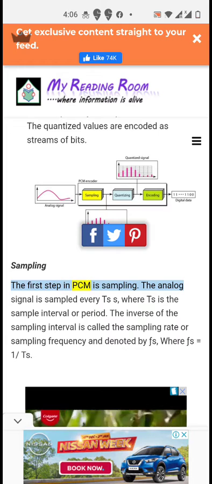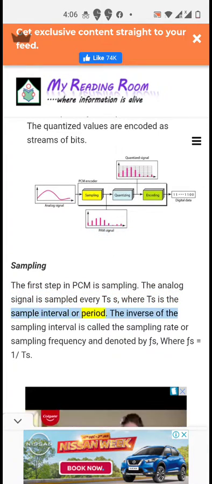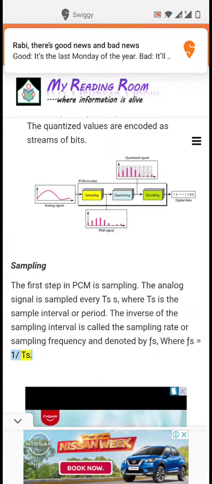Sampling. The first step in PCM is sampling. The analog signal is sampled every Ts seconds, where Ts is the sample interval or period. The inverse of the sampling interval is called the sampling rate or sampling frequency and denoted by Fs, where Fs